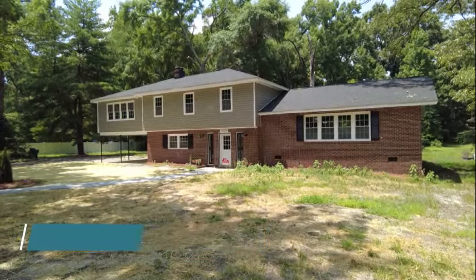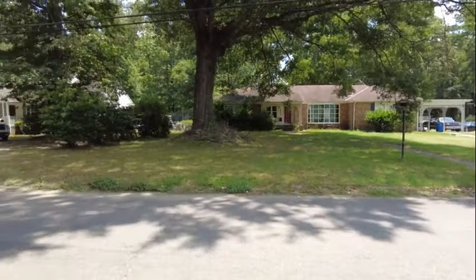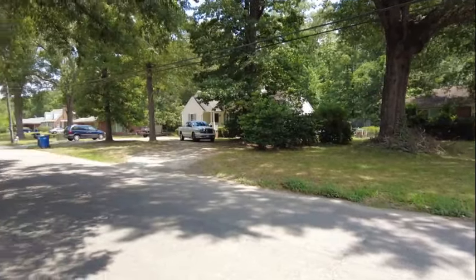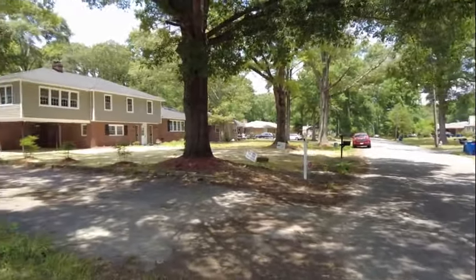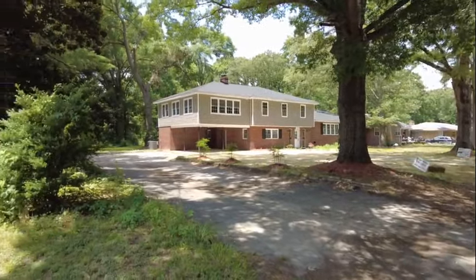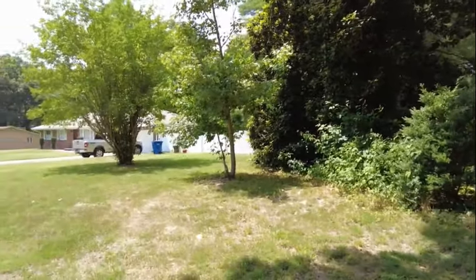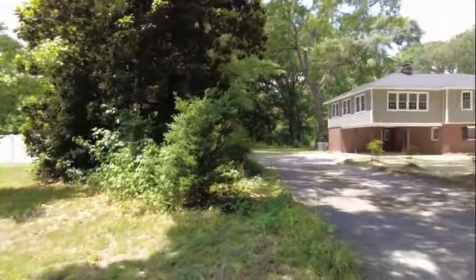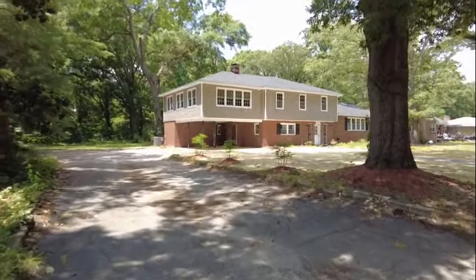We've got some other brick homes here in the neighborhood. One of the things that stood out to me is we've got fairly large lot sizes. Our subject property today is about 7/10 of an acre, and that's not extremely common in this part of Chesterfield. There are a number of things here that are unique about this property, and we're going to chat about that